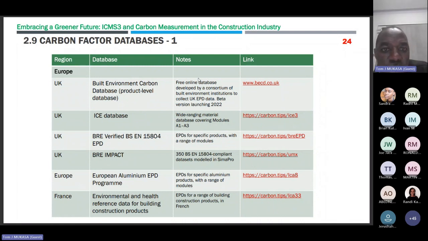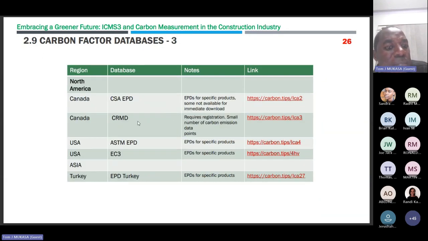I've also provided links to the carbon factor databases that Joe was talking about. The most famous one is from Joe's university. Thank you for that effort that you did some years ago. And of course, it is accompanied by the ICE database, but they seem to be in a partnership. So we always go to the ICE database, which was jointly developed by Bath University and other people in the UK. So it's the one that has a lot of information, which is universal or global, but even all these others are good sources of information. So in your free time, you can go and look at them.